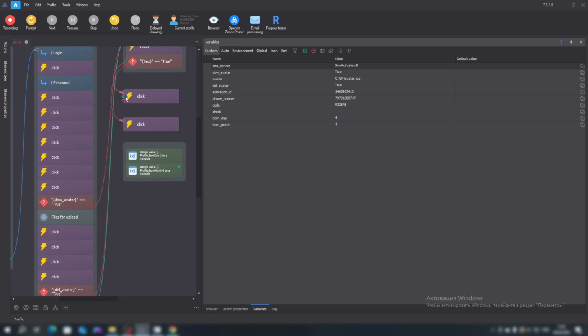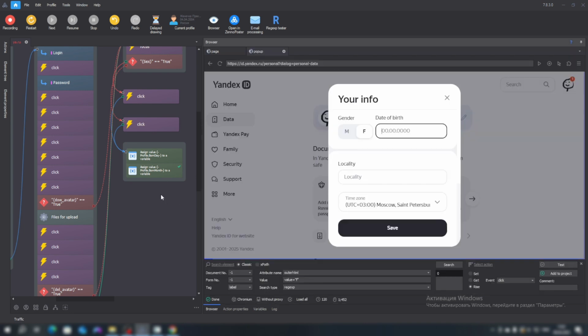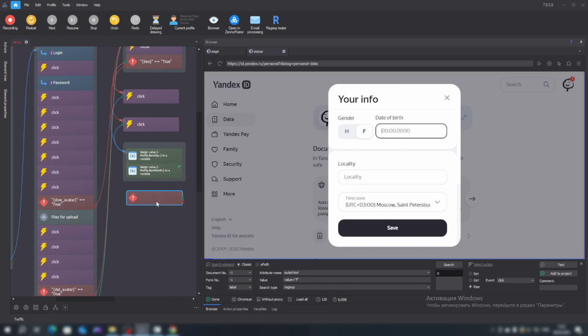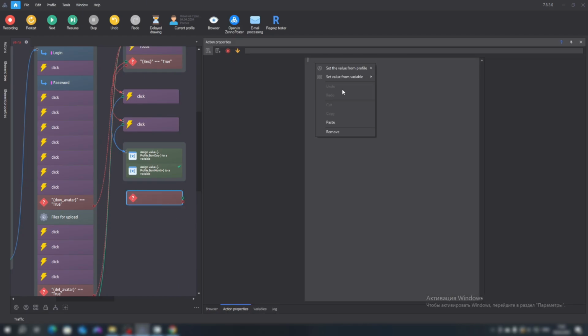To begin with, we immediately connect the arrows. Regardless of which gender we choose, we will move on to processing the birth date. Next, we proceed according to the conditions. And now we will work with a numeric data format, so we don't need to enclose the variable in quotes. We enclose the variable in quotes when working with text.